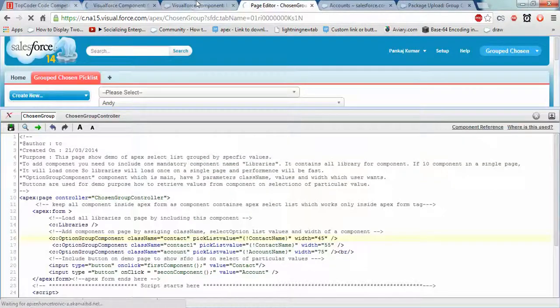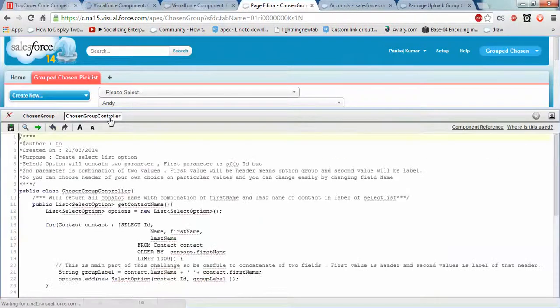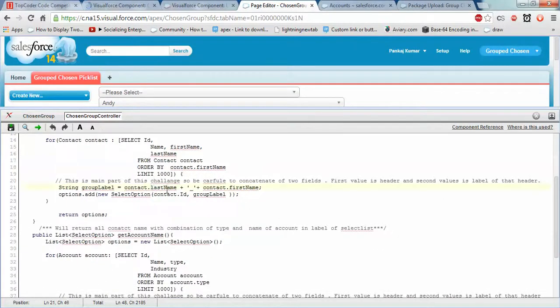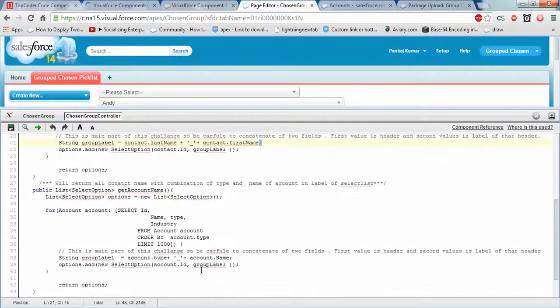Let me show you how the headers are coming, in the controller. Here I have differentiated the contact with the last name concatenated with first name, and in this, account.type is concatenated with account.name.